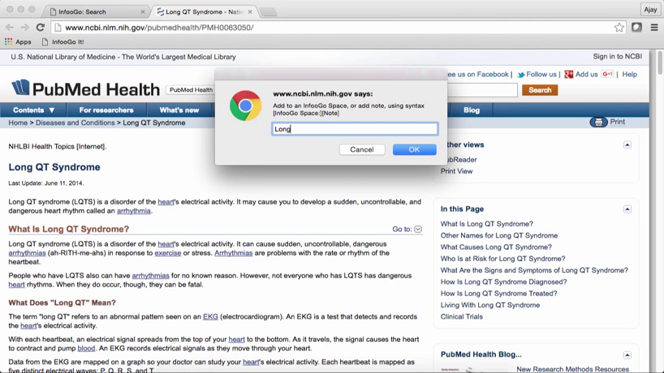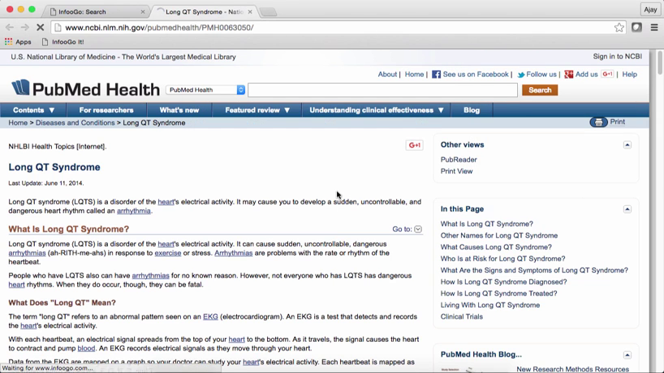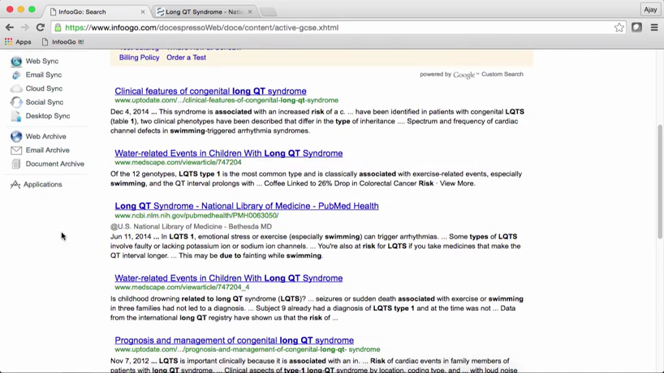So here we say we want to capture that into long QT space, and then we can add a note related to swimming risks of long QT. Now we don't have to add any such note. These notes are not essential for our ability to use or search documents, but this is some extra knowledge annotation we are doing. So we capture that document, and now we can see inside InfooGo, we can first check whether